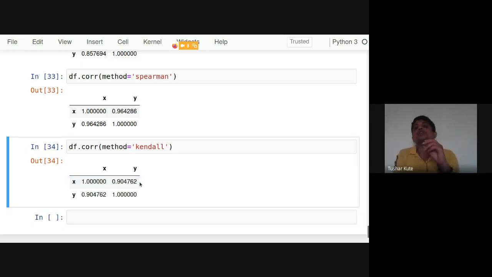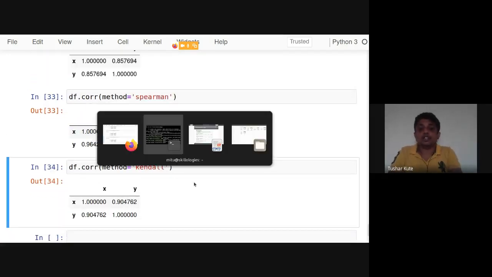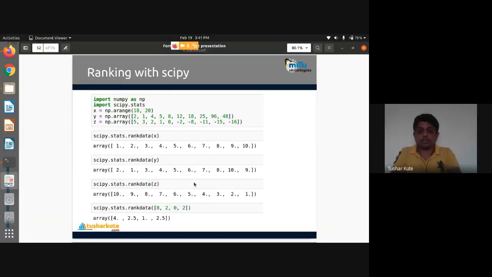So based on the number of discordant pairs and concordant pairs that are considered, we got the Kendall correlation. Concordant pairs means they are incremental: first increment, second increment. But discordant means first increment, second decrement. They are not matching each other. That's what we call discordant. So concordant and discordant pairs are checked, and based on that we got 90% for Kendall's correlation. So first we have Pearson correlation, Spearman, and then Kendall's correlation, checked by this particular method here.